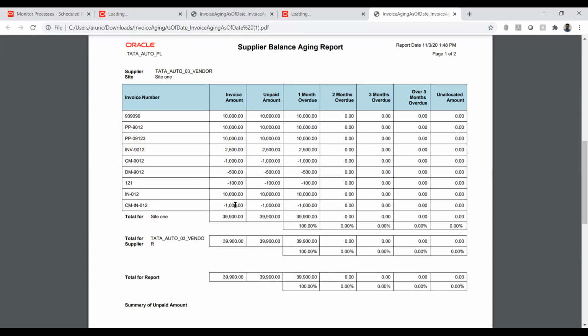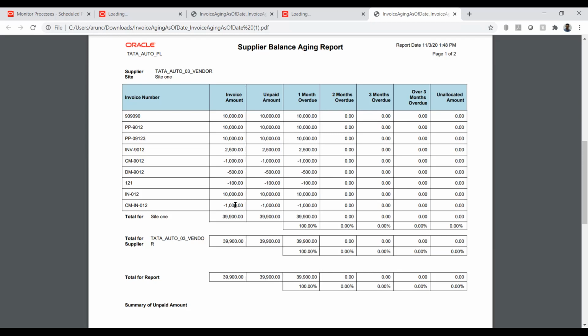When it is raised by the supplier, we call this a credit memo. Whereas in receivables, it is either positive or negative, but here both are negative.